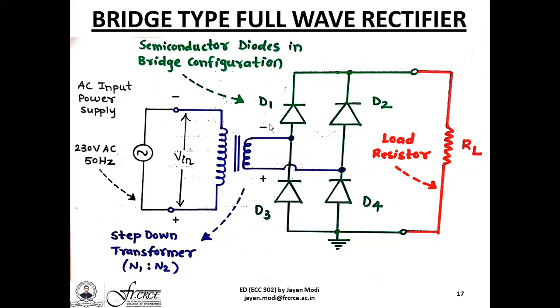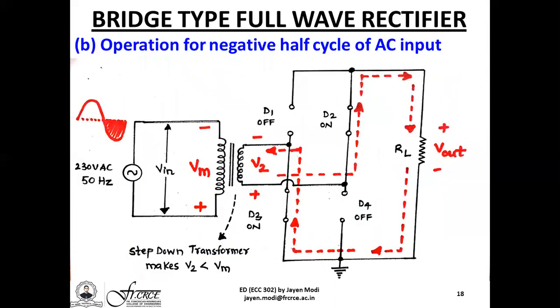So we have a negative potential applied at the anode of diode D1 and the cathode of diode D3. We have a positive potential applied at the anode of diode D2 and the cathode of diode D4. So we have minus to the anode of D1, which makes it reverse bias now. However, D3 now turns on because of a negative potential, due to which it will now be forward biased. D2, which was earlier off, will now turn on due to the presence of a positive voltage. But D4, which was earlier on, that is forward bias condition, will now turn off. This electrical equivalent circuit can be as shown.